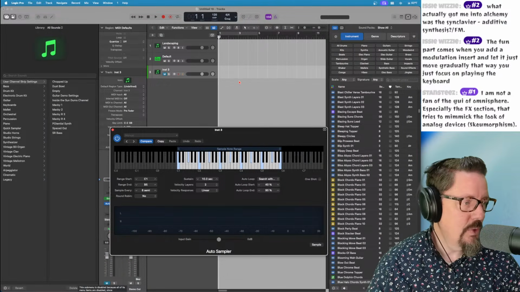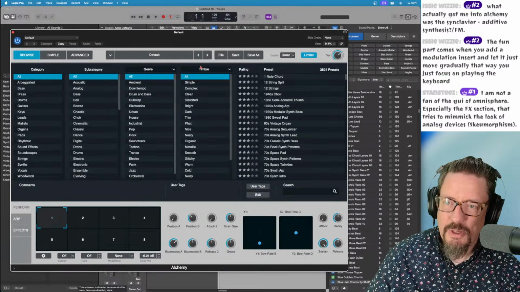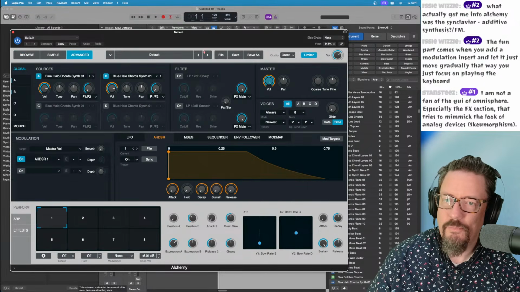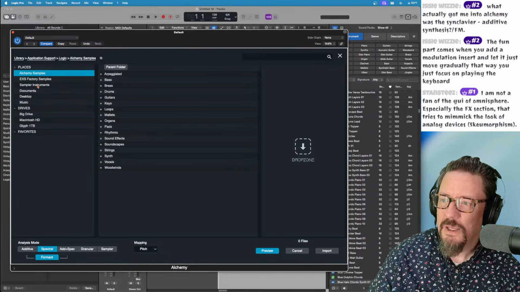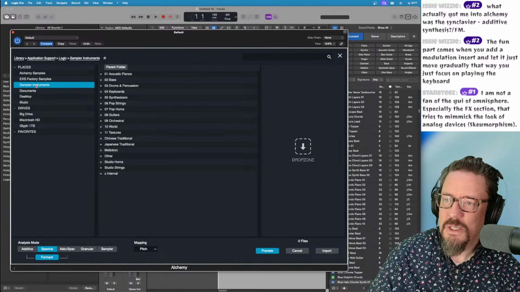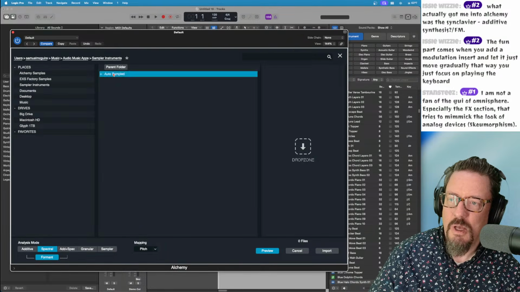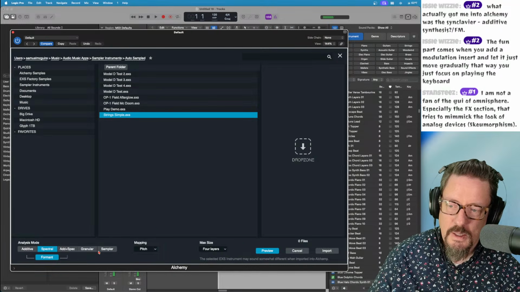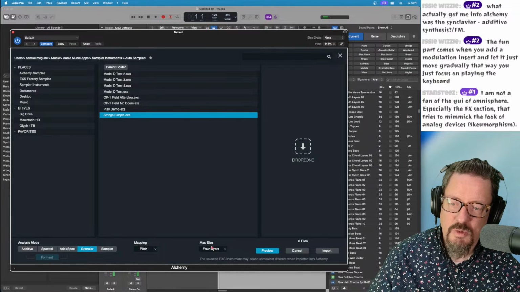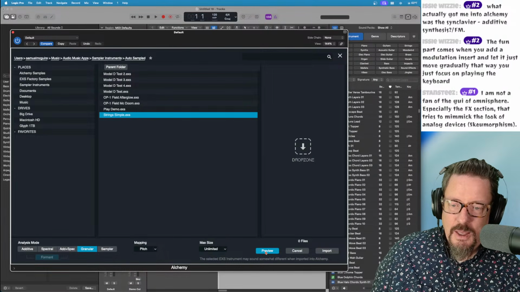Okay, let's go back into Alchemy for a second. So I just sampled that instrument. Let's come into Alchemy and let's initialize, import, and sampler instruments. I think we go into music. Audio music apps, sampler instruments, auto sampler. It'd be a lot easier if they would just get us there. So let's use the granular and we'll use unlimited because it won't take that long. I don't think we did that many. And then we'll import.